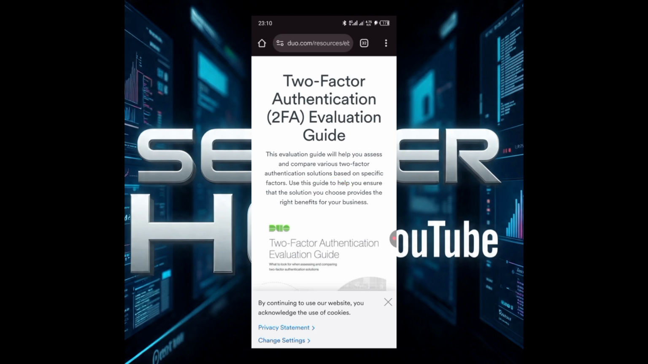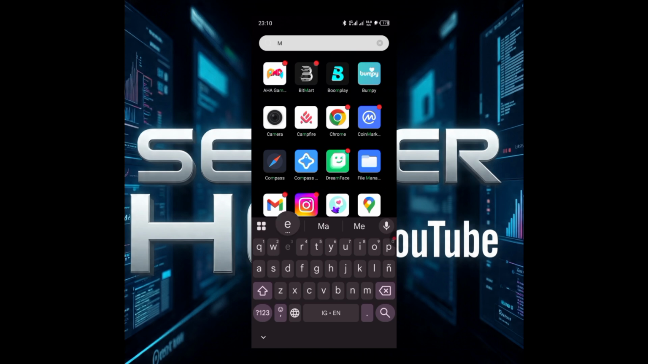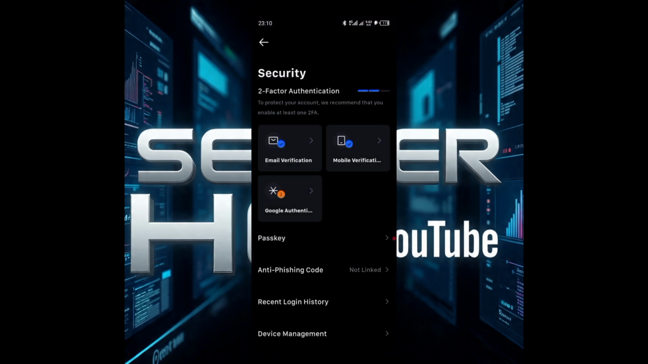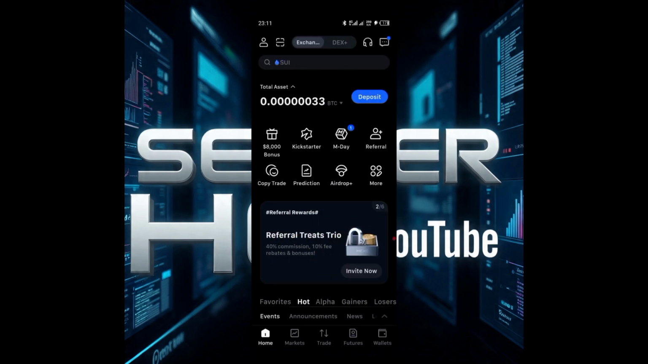Right now I'll be taking you to my Mexi because I want to be using it for this example, right? So let's search MEXC. Okay, you can see it here. That's my Mexi app, and let's go to the home page. So this is the home page, and I want to access